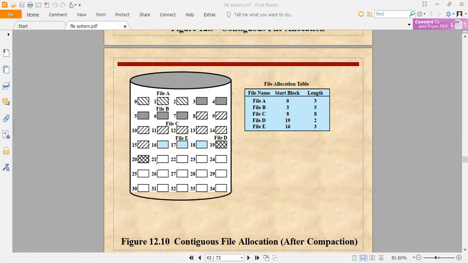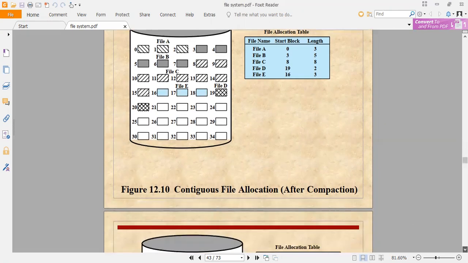And then by copying back, we have provided a contiguous slot to all the files, and all the free space goes at the end. So this whole empty slot can be reused or can be provided to any required file. So this is one way we can avoid external fragmentation.